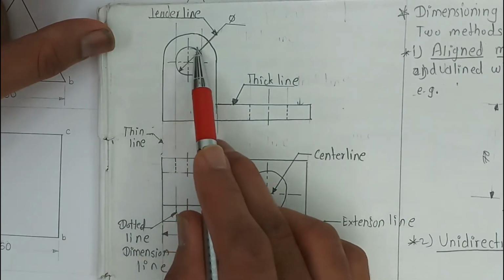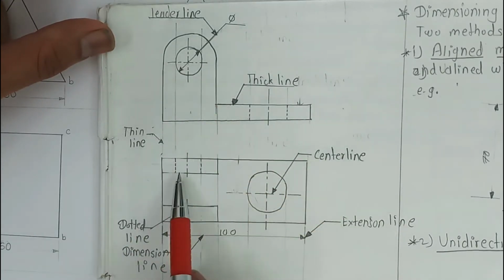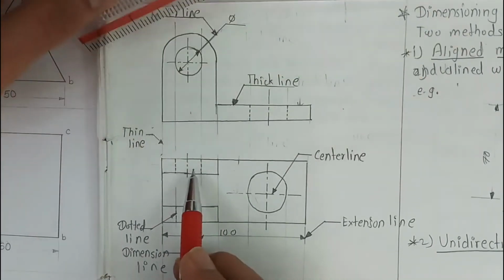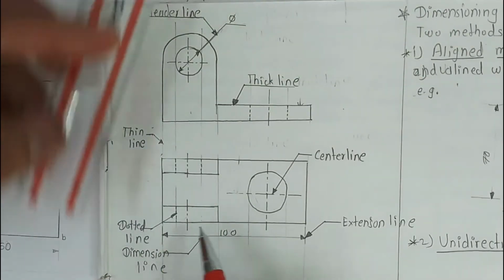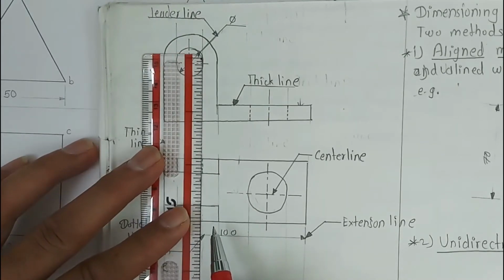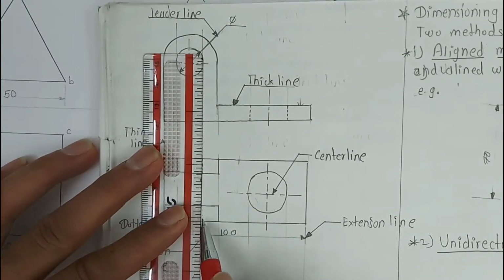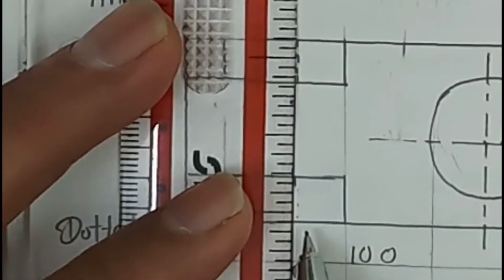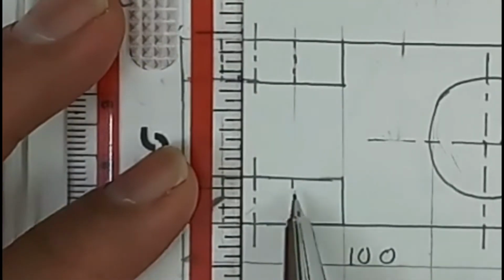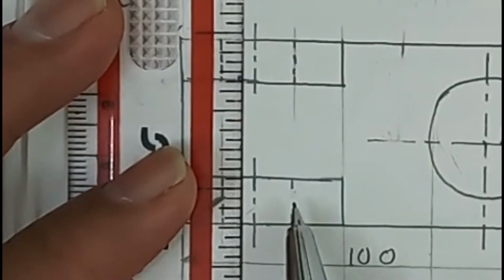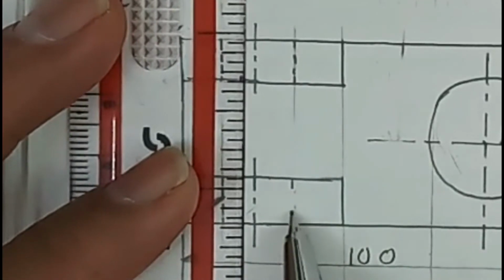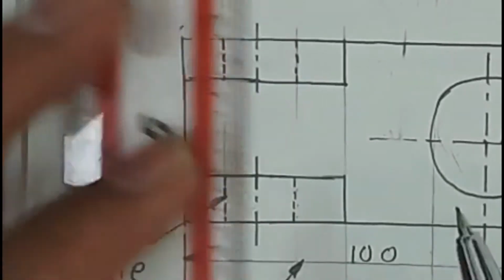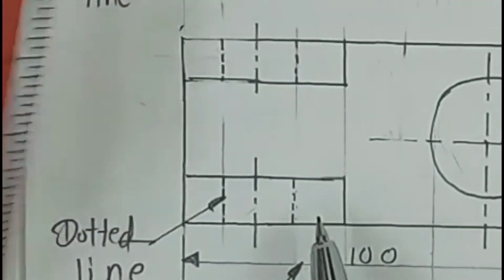Then similarly, this circular hole is there where it is not visible in top view, and that's why as we see here, these are the dotted lines shown for the hole. Now in last unit, in last session, I told you about the drawing of dotted lines. Now dotted line should always touch the boundary from where it starts. Like I have shown here from where it has started, so it must touch it, and then in between we have to show the number of equispaced dashes. This is the way we have to draw dotted line.